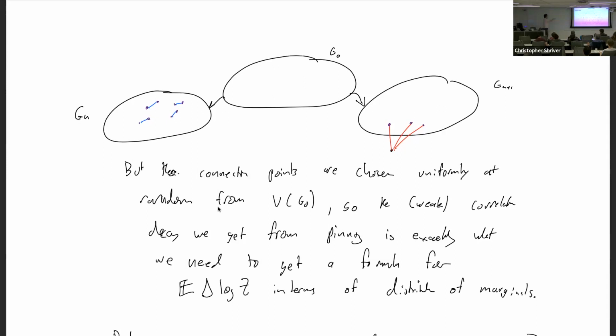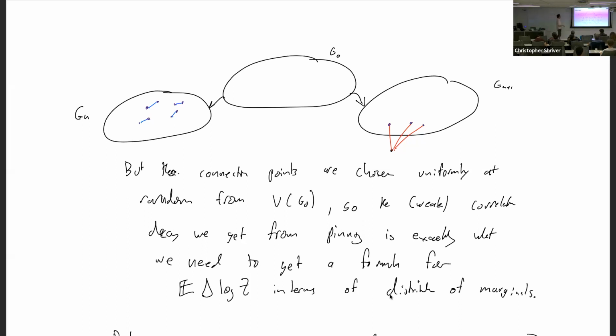That if you randomly pick t vertices from your graph, then with high probability the total variation distance between the joint distribution and the product distribution is small. So it's an extremely weak notion of correlation decay, but it is exactly what you need in this one step of this Aizenman-Sims-Starr calculation. If you knew that they factorized, then you could get an expression for the expected change in the log partition function just in terms of the distribution of marginals.